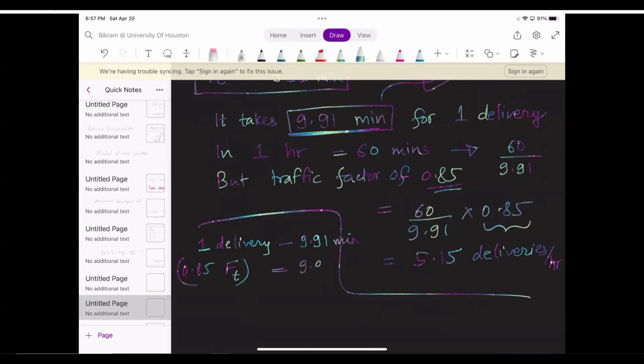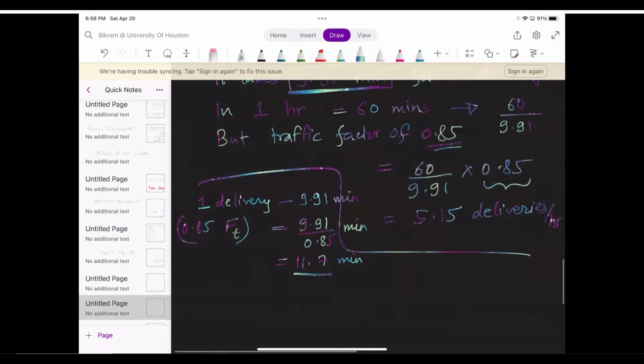So for that we divide it by 0.85. Let me use the calculator. 9.91 divided by 0.85 is 11.7 approximately. So now with the delay, it takes us this amount of time. For one delivery, it takes 11.7 minutes. Or in 60 minutes, we can deliver